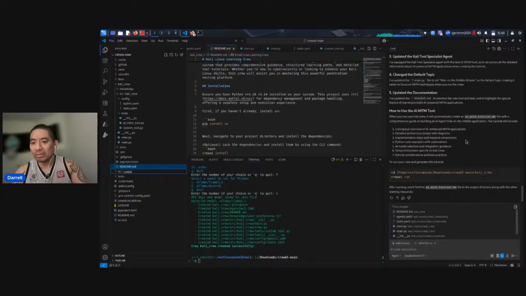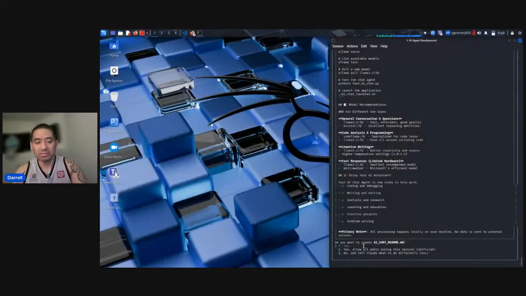So what it did was it built out an overview of the man-in-the-middle application, a detailed architecture design with diagrams, implementation steps, Python code examples, AI model selection, setup instructions, and then ethical considerations and best practices. So that's the intent of Kali Crew. But let's redirect and go into the AI agent chat interface, and let's continue on.